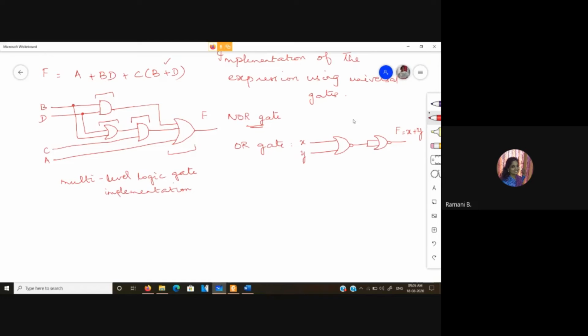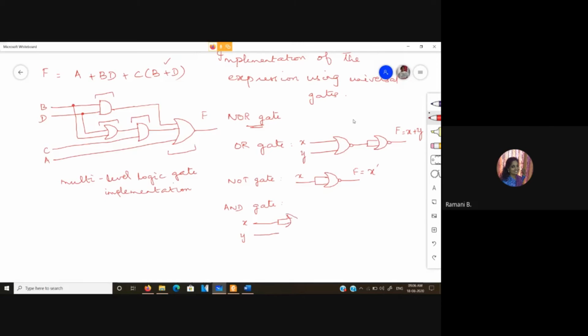Same way, we also saw that for NOT gate, again as we have shown in this, you need to give same input to the NOR gate, and this will give me the complement. For AND gate, I need the input to be complemented first. So X and Y, if I am explicitly showing an inverter, this is going to be like this.